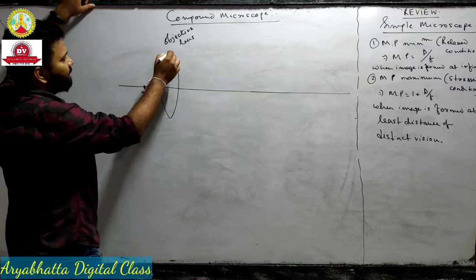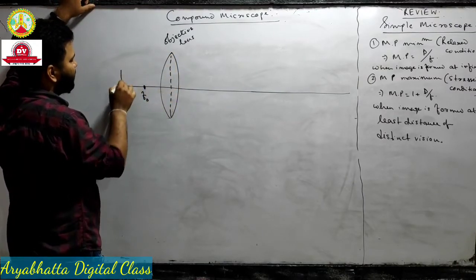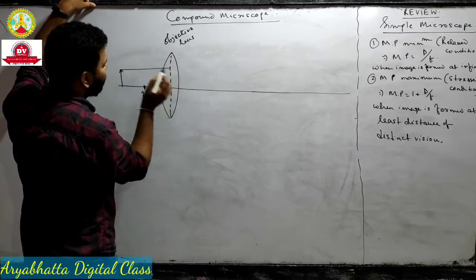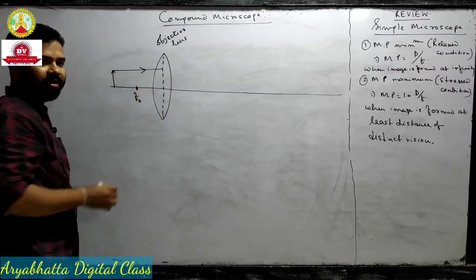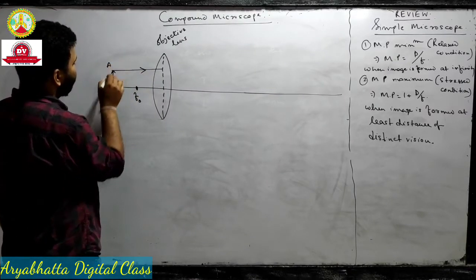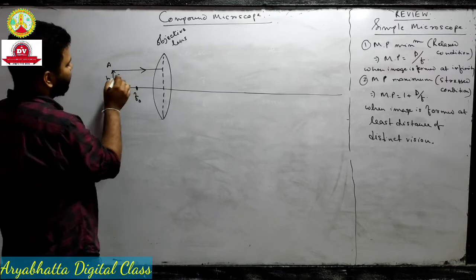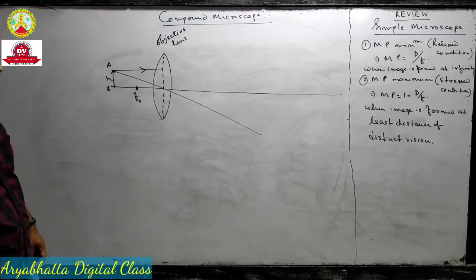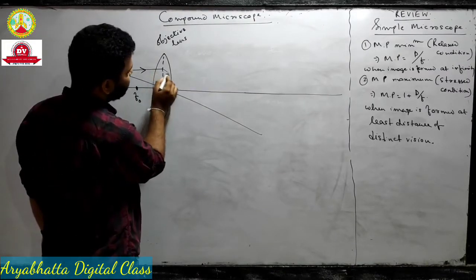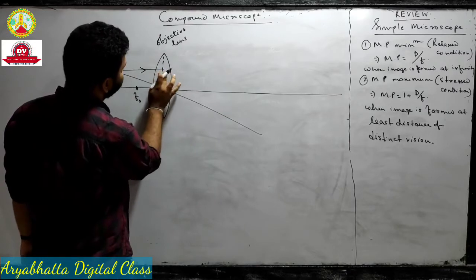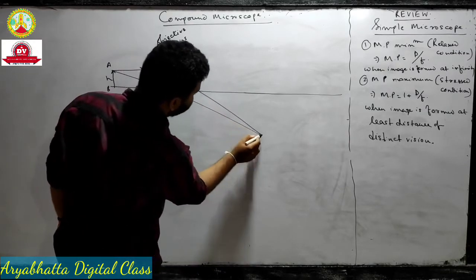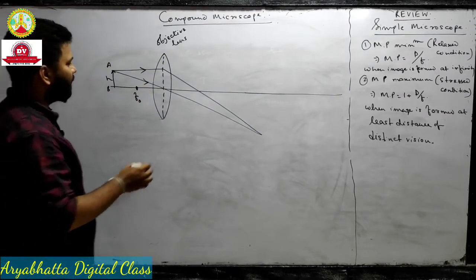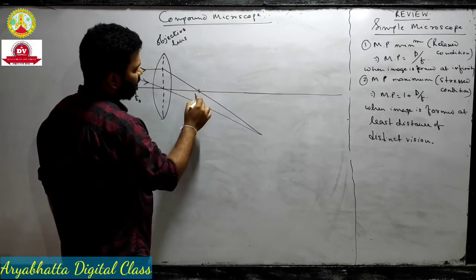Suppose we have placed the object somewhere at this position. This is the object. So from the object a light ray will travel like this. We will complete this later, okay. Another light ray, this is AB. What is the height? H. From here one light ray will travel through the optical center without having any deviation. Now the other light ray will pass through the focus, and suppose they are meeting at this point. So it means this is the other focus of the objective lens.